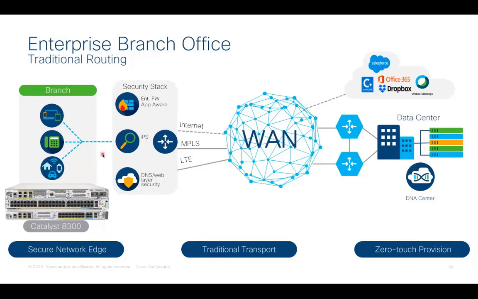Split tunneling can be one of the use cases here to segregate traffic between trusted and untrusted, with MPLS being the primary for all the traffic or trusted only traffic, while customers can use internet for local internet access, or customers can deploy secure tunnels over internet or cellular transport to connect back to their enterprise data center in a backup use case.